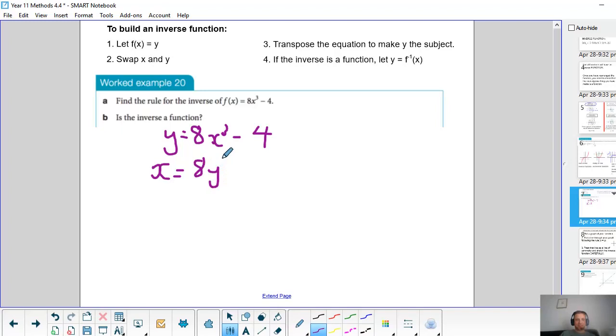I'm literally just swapping where x and y are there, the old switcheroo. All of our rules or our functions always have y at the start though. So once we do this, we don't have a nice equation anymore. So step 3 is the big one. I've done step 1, I've done step 2. Now step 3 is I need to transpose my equation, which means rearrange it to make y the subject